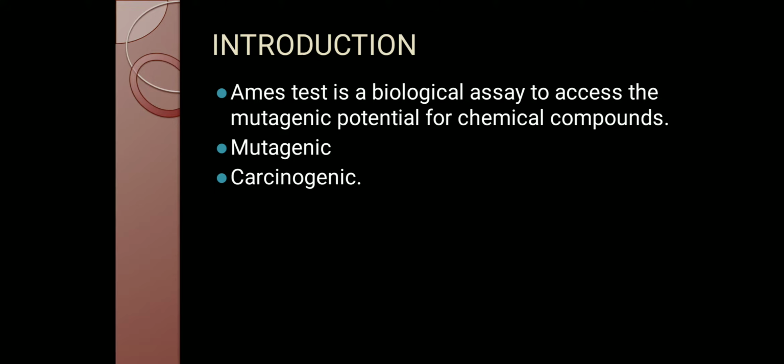Ames test is a very cost effective test because if we have to do this mutagenicity test using an animal, it will cost very high and the process is very laborious and tedious. Whereas in Ames test, since we are using microorganism, the procedure is not very laborious. It is a very easy procedure and also it is very cost effective. Therefore, Ames test is the best method for knowing the chemical compound is mutagenic or not.